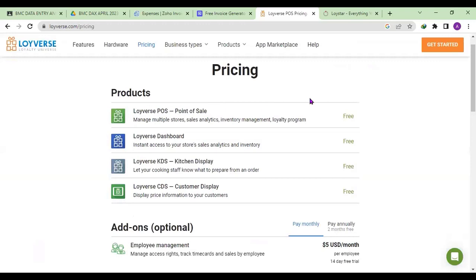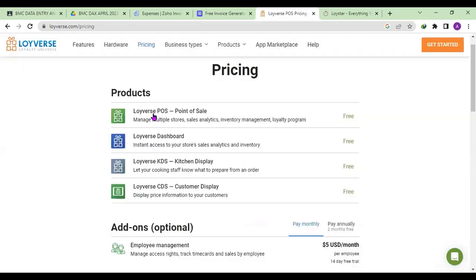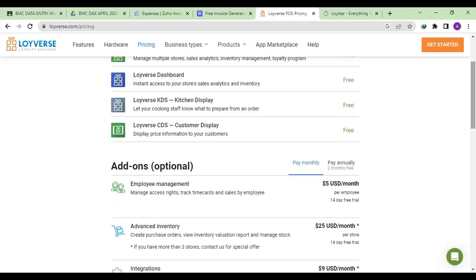Loyverse POS is free. This software, this interface here, to log in here is free. So we have Loyverse POS for free, dashboard for free, KDS for free, customer display free. All this one is free. But you know, for a company that has a few